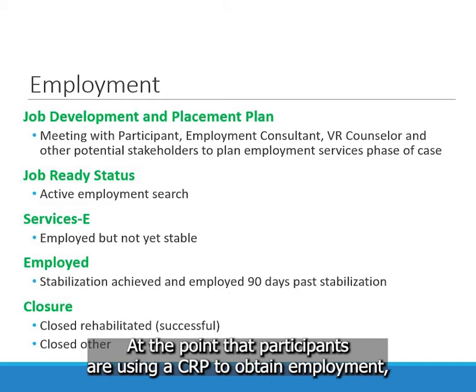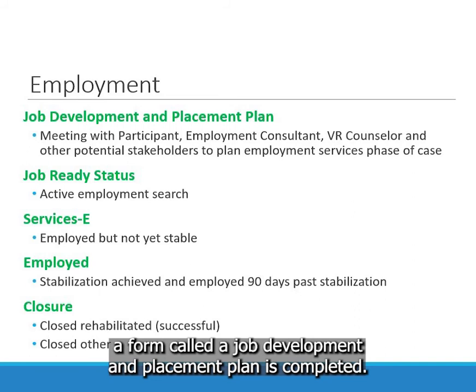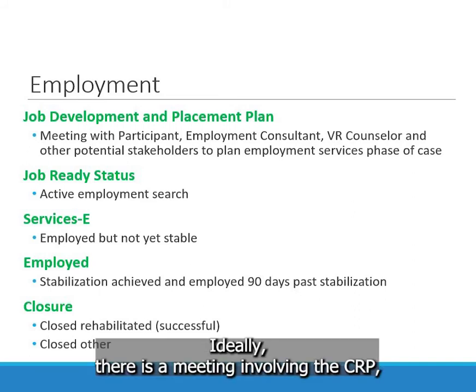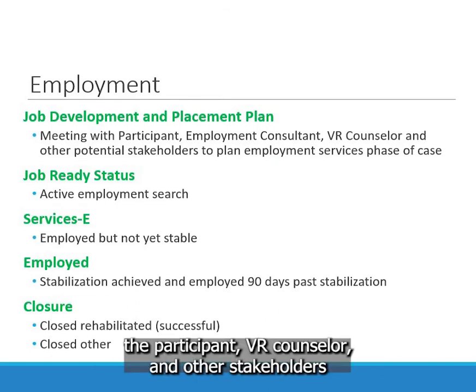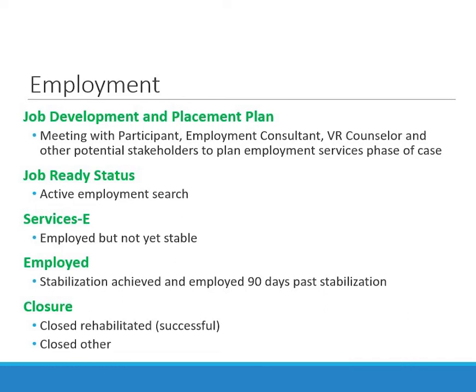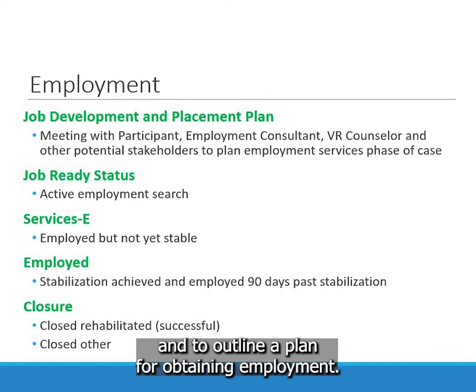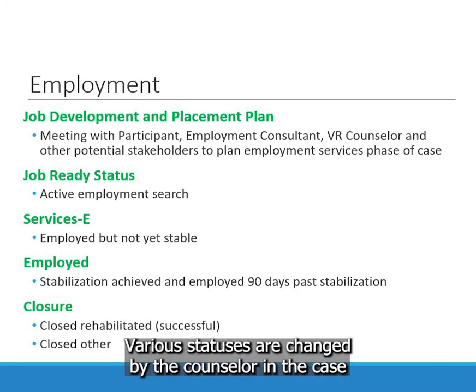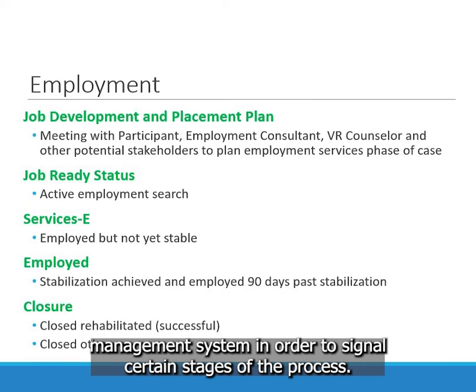At the point that participants are using a CRP to obtain employment, a form called a Job Development and Placement Plan is completed. Ideally, there is a meeting involving the CRP, the participant, VR counselor, and other stakeholders to get everyone on the same page regarding what types of jobs will be considered and to outline a plan for obtaining employment. Various statuses are changed by the counselor in the case management system in order to signal certain stages of